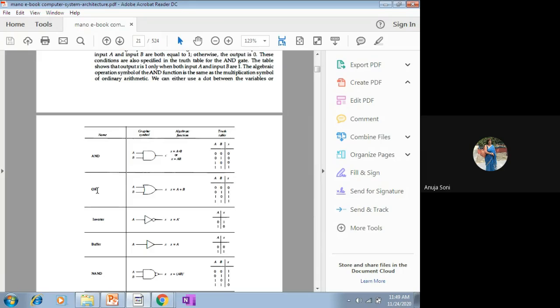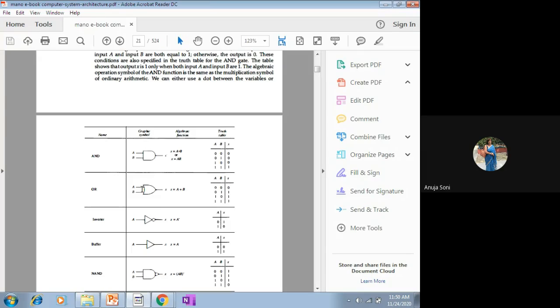Now we come to the OR gate, or logic gate, and its graphical symbol. We have to strictly go by the given standard symbols. We cannot violate the standard symbol, because in exams you will be given some Boolean expressions. What kind of questions will come up in your exam? You can go to the back exercise and start solving those questions, and you will see that you cannot violate the built-in standard graphical notations of all these logic gates.